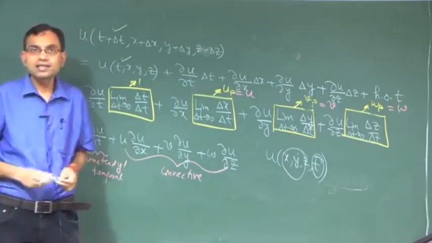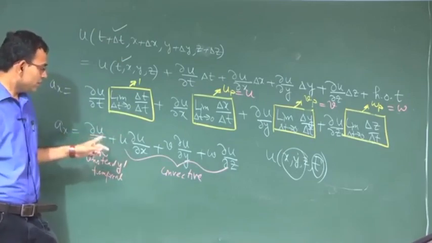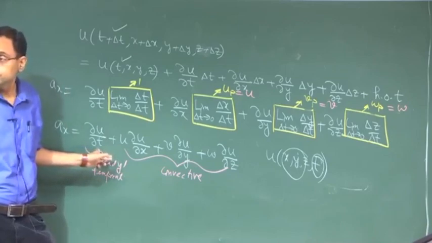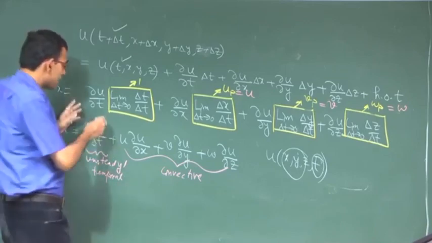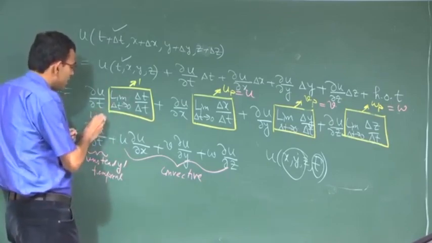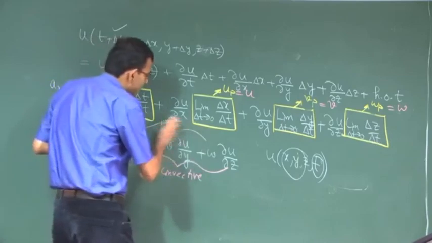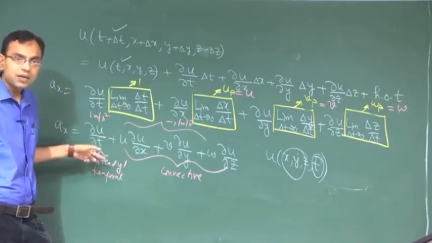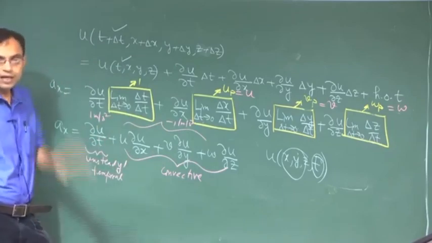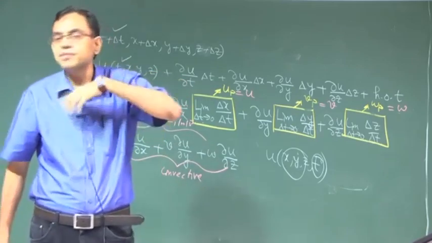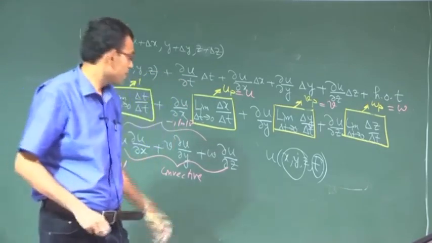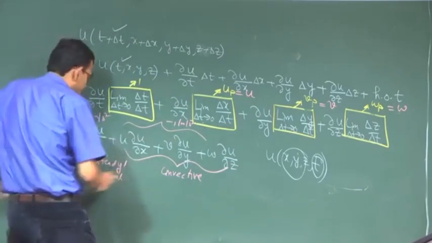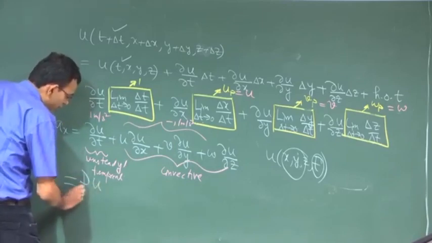One interesting thing is that even though you have velocity as a function of time, acceleration can be 0. For example, just a hypothetical example, this is 1 meter per second square and this is minus 1 meter per second square. Then although velocity is changing with time, still you can have 0 acceleration. So, this is some non-intuitive thing that comes out of the Eulerian description. So, you have the combined spatio-temporal effect together.